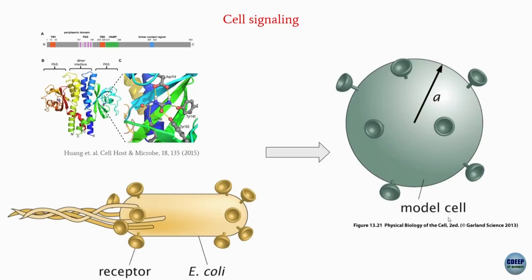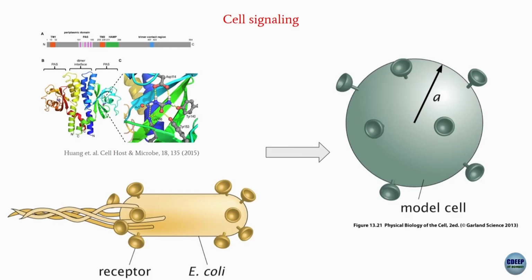So this is in a sense the cell signaling problem. Cell signaling problem in that you have these receptors. So this particular receptor TLPB, this structure that I was talking about, this is the protein structure of this receptor, and here is a urea molecule which binds in this pocket. There are many such receptors spread out on the surface of this cell. Okay, and then